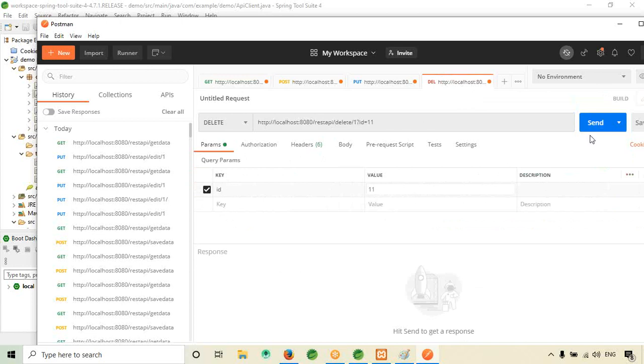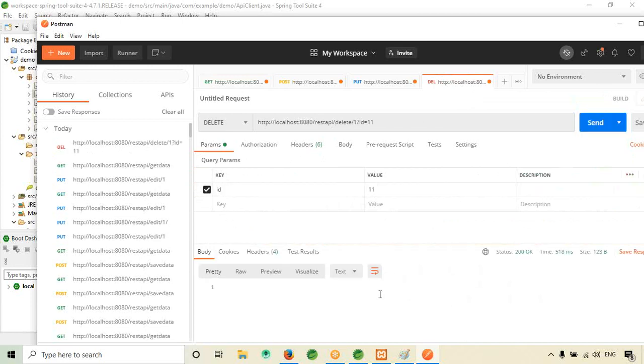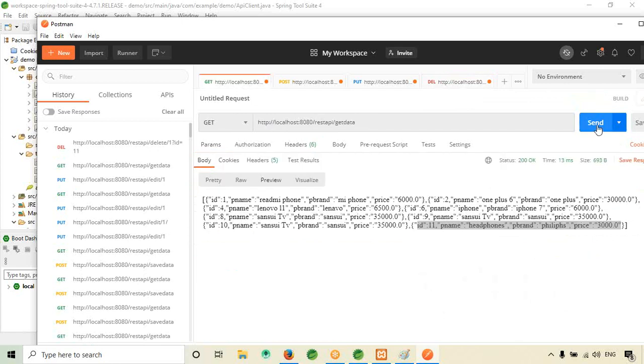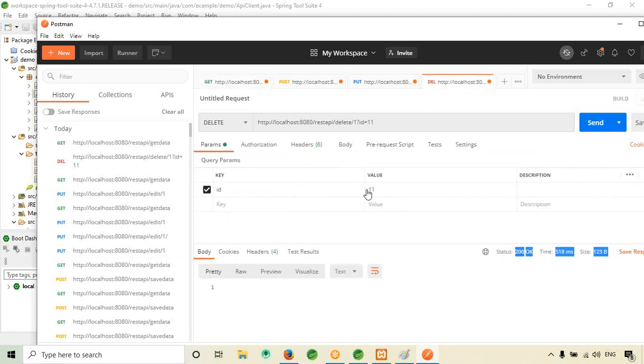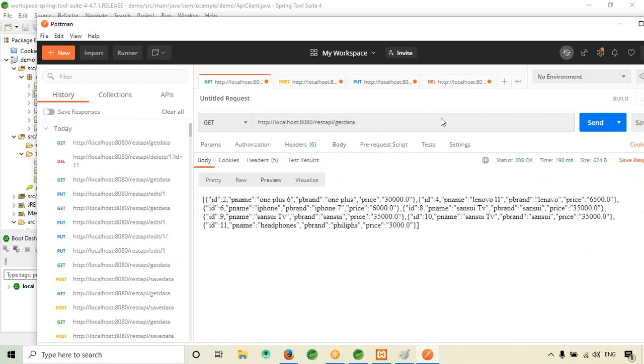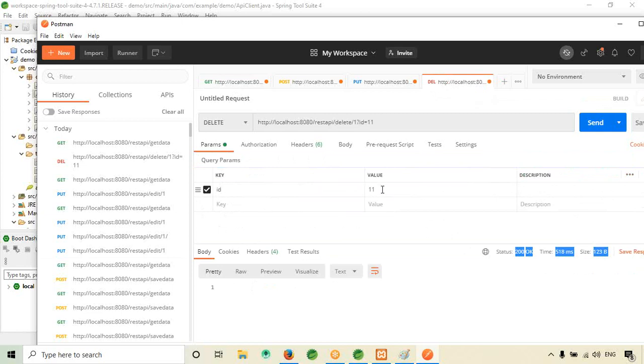Click on 11, send. Okay, it's still 200. Okay, no problem. So if we send data, see 11 got deleted. Hey, which one did I delete? Okay, let me see. The first one got deleted because in delete we mentioned that we want to delete ID 1.